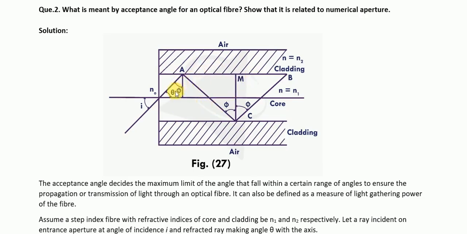So, what happens if the light enters at an angle greater than the acceptance angle? Right. It won't stay inside the fiber. Instead, it will escape. So, this angle ensures light stays trapped through the process of total internal reflection. Think of it like the fiber's way of saying only light within this cone is allowed to pass through. Now, let's dive into its mathematical expression.